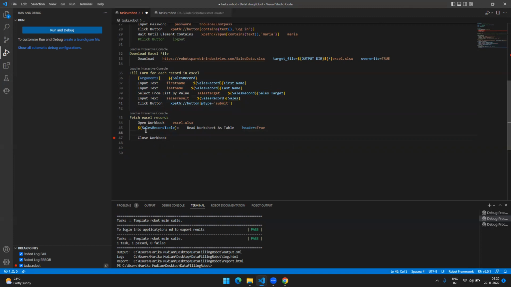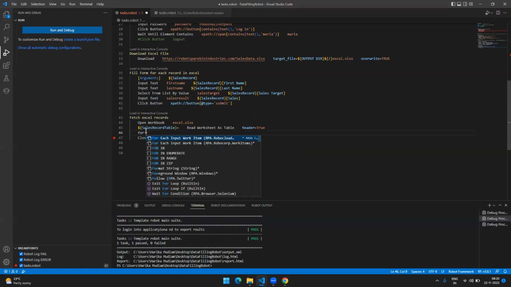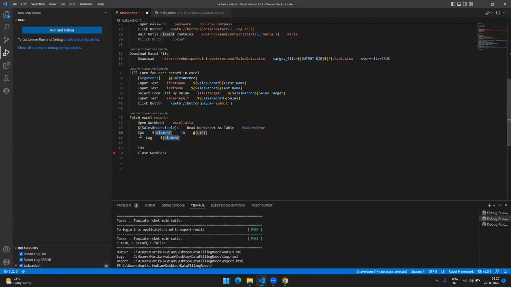So here I'm taking a loop. Okay, the looping is important, right? For each record in that particular Excel, the looping has to be done. So how do I have to do it? If you see here, it has so many things. So I'm taking for in. As soon as you select it, you'll get the syntax. So for in, you have to give it here the list, the element that you have to pass, that you have the list. So this is my list, right? This contains the whole table. So for each element, what is the each element? This is the each element. So for a single record in this particular list, I am going to